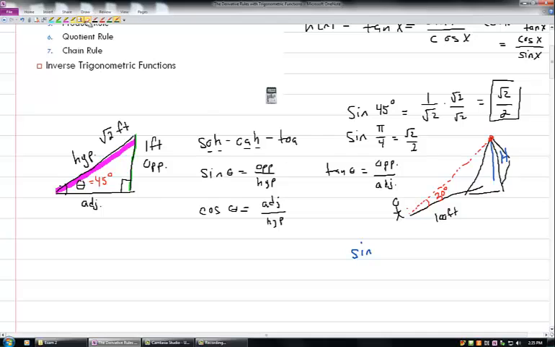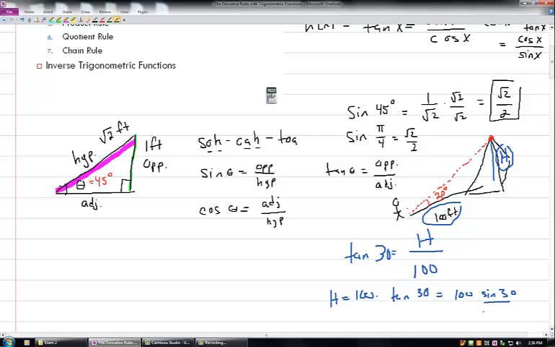I know that the tan of 30 degrees, so the tan of the angle, so the tan of theta, is equal to, and let's write 30 degrees for that. The tan of 30 degrees is equal to the opposite, which is h. So it's equal to h divided by the adjacent, which is 100 feet. And so then I can solve for h, and I get h equal to 100 times tan of 30. And if you think about what tan of 30 is, you'll see that this is 100 times the sine of 30, divided by the cosine of 30,